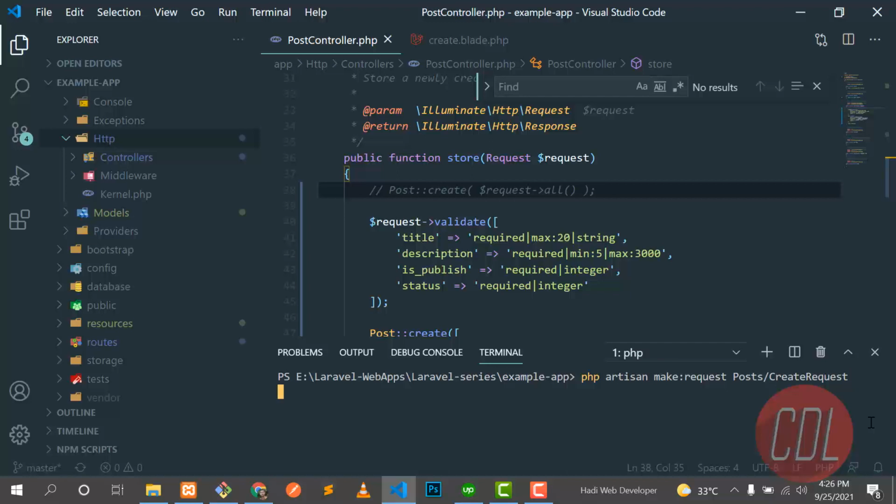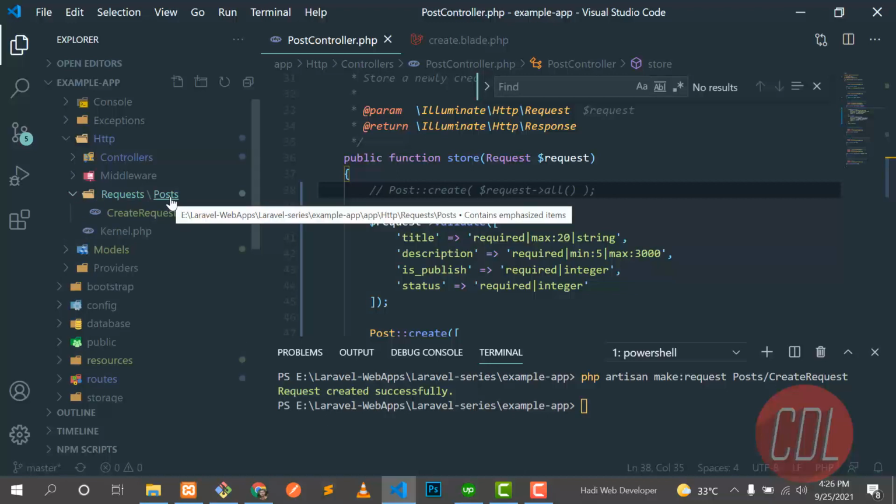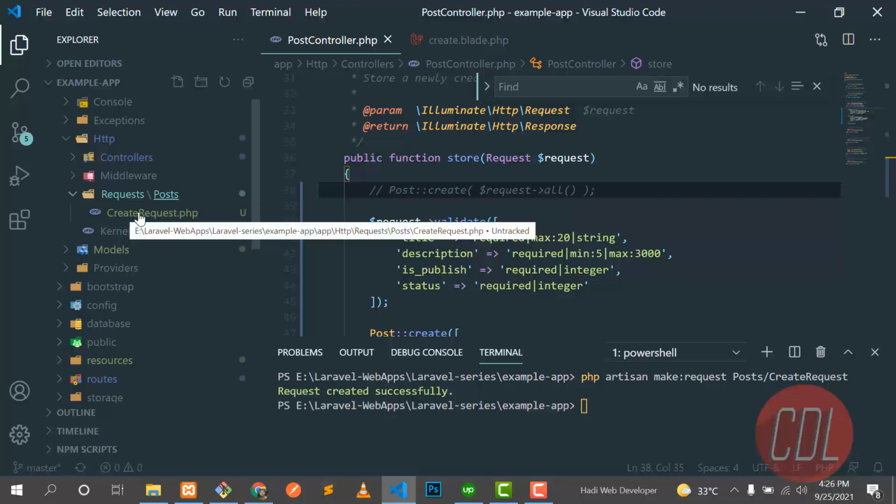Hit enter and it will create a request in the Requests folder, in a directory named Post. So let's go here, and yes, it's created the Requests directory, and inside it a Post directory, and in Post it's created a CreateRequest.